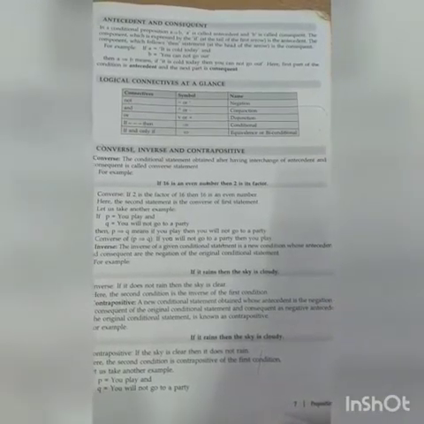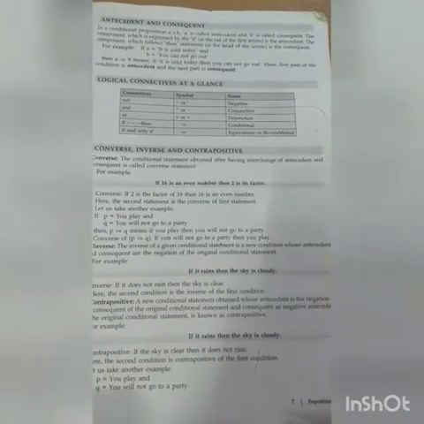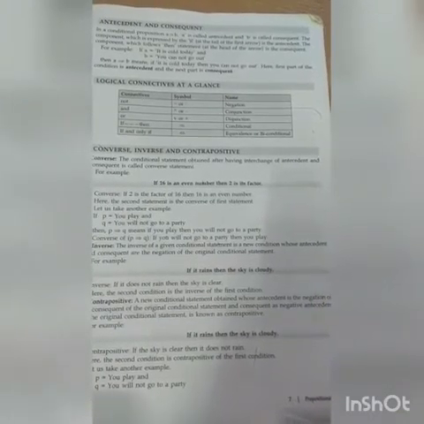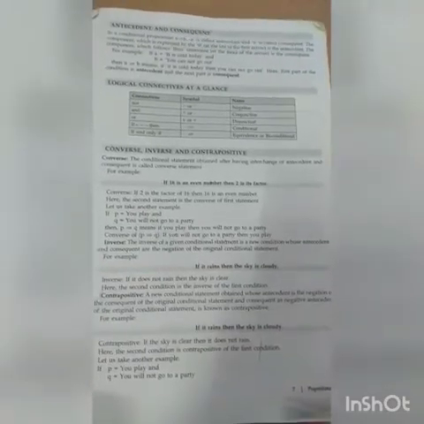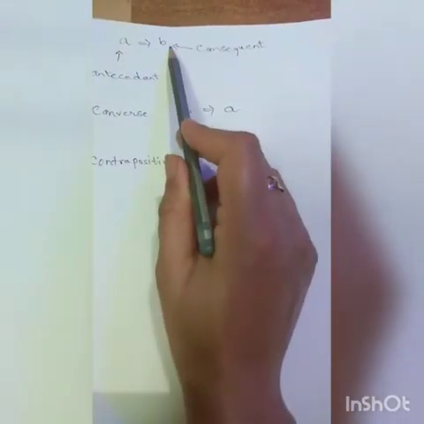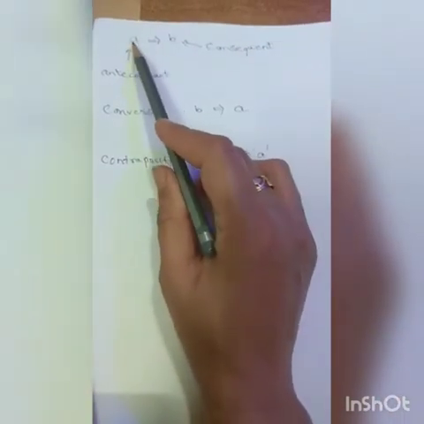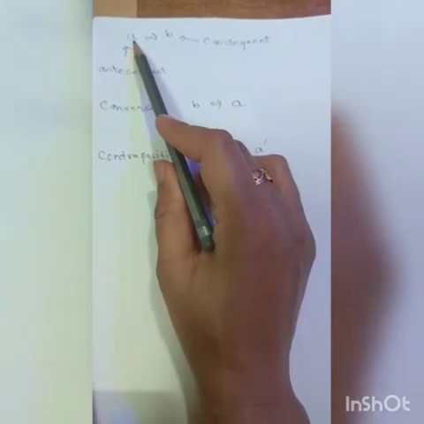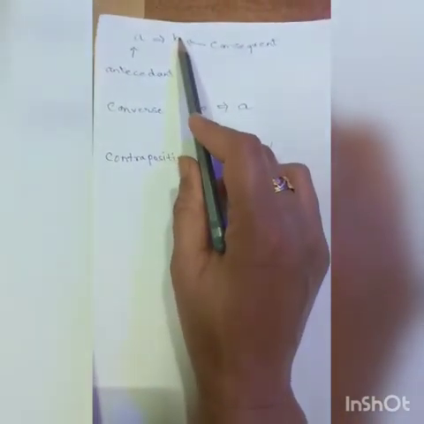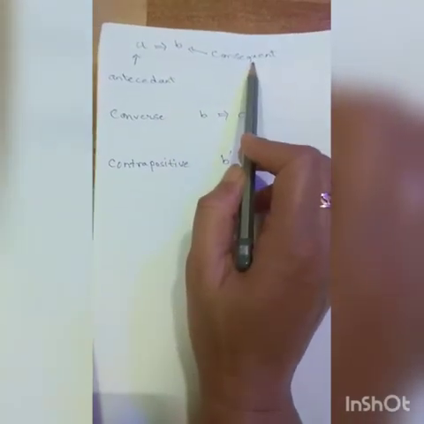antecedent and the consequent. In the conditional proposition, that is when you are writing if, then, there is a part which is known as the antecedent and one part is known as the consequent. So now we will discuss which part is known as the antecedent and which part is known as the consequent. Let's see. So here when we are writing A implies B, the first part, which is at the tail side, is known as the antecedent, while the part which is at the head of the arrow, that is B, is known as the consequent.